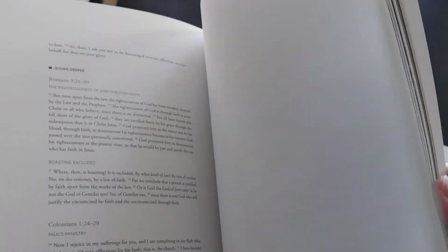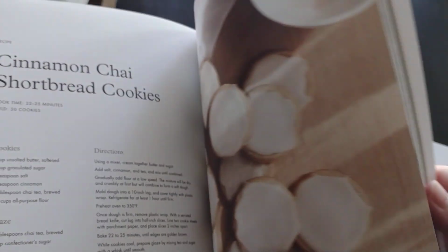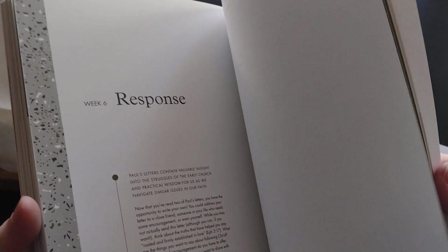So if I need to, I seek out my answers from other places. This is just me reading the word, noting stuff. Look, a recipe. And then having God speak to me, right? And then at the very end,